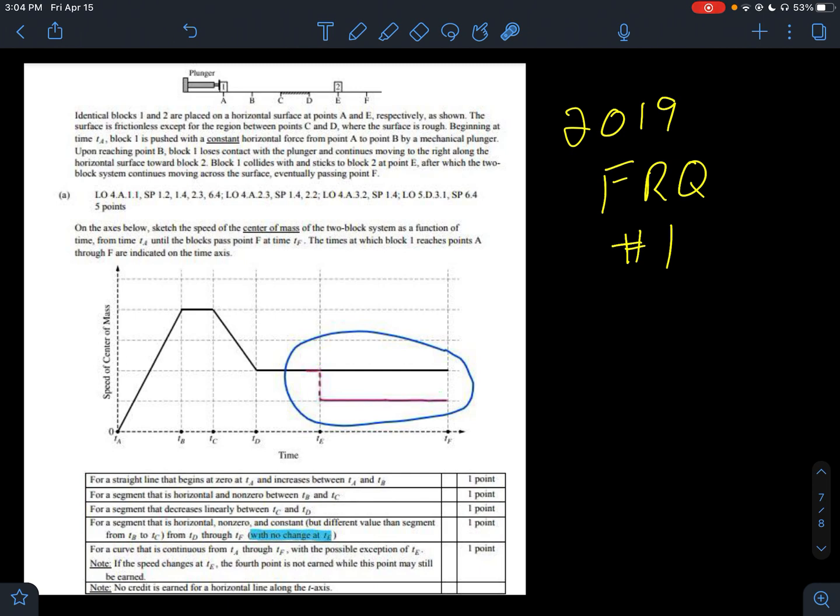some research, this was a note that one of the AP readers had noted that is a common mistake, whether it's because they're just tracking the speed of block one because they're thinking, all right, block one is moving, block two is not. So I only have to worry about block one, forgetting that when block one hits block two, it's an inelastic collision. They stick together, so that overall speed of block one and two will decrease, but we're looking at the speed